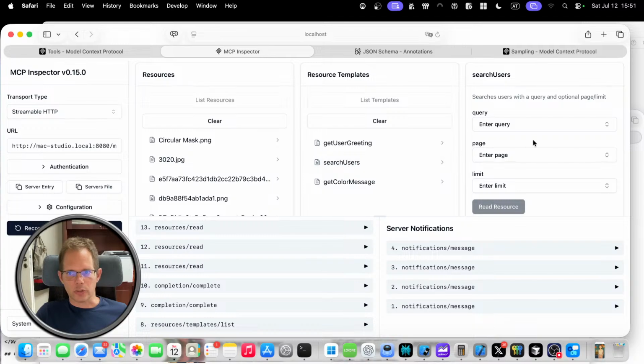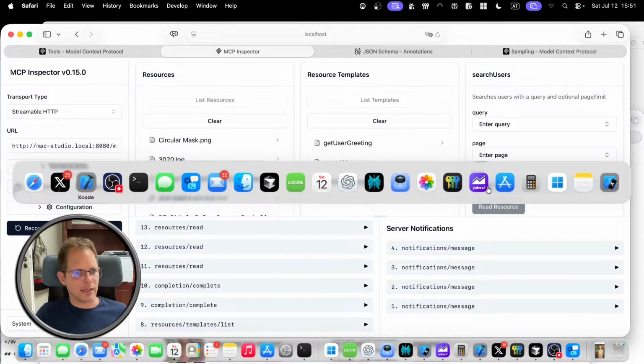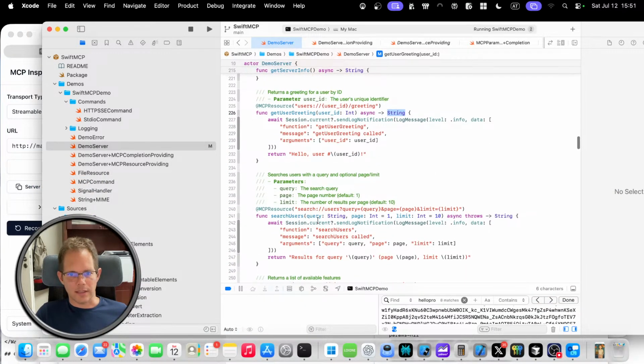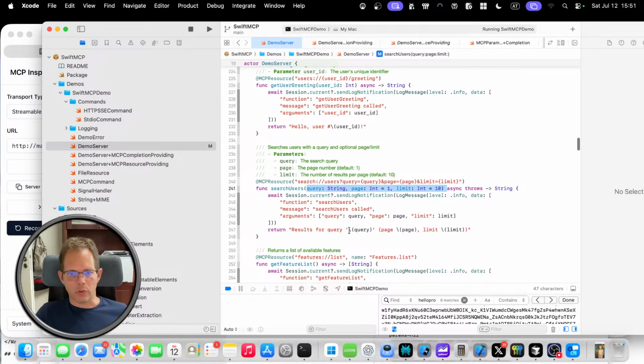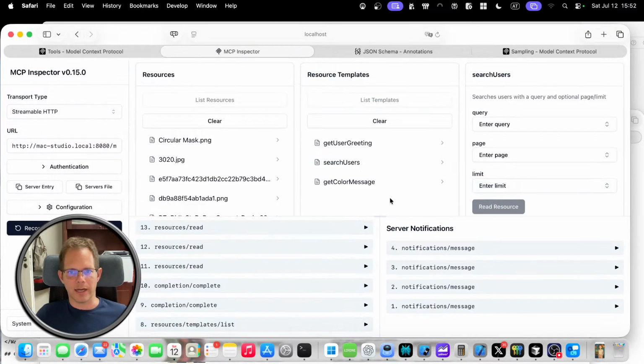And you have, in this case, search users, for example. This has 3 parameters, and those look like this here. You have a query, a page, and a limit. And what you can also do is, if you have default parameters, then you can have multiple URIs that either have them or have them not, and they would still be matched. But the problem is they would appear as separate templates. So that's a bit stupid. But okay,